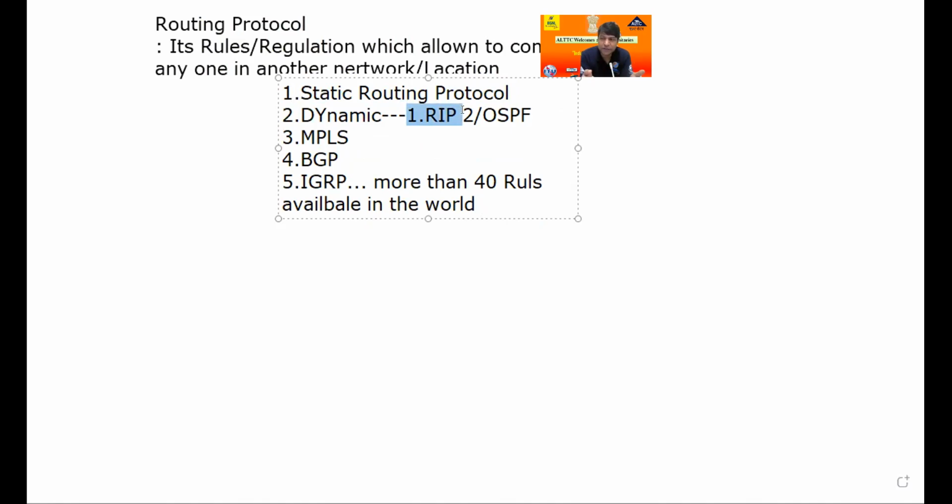If you go practically, your mind will automatically work on this. Now, static routing protocol for today's session: how to implement it in our network, we discuss here.